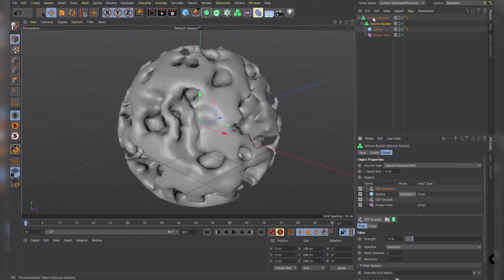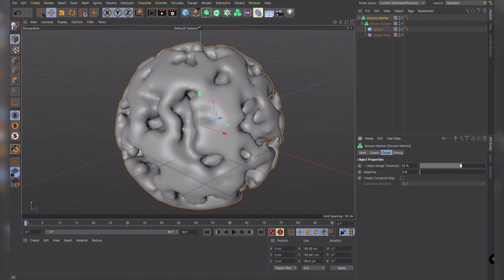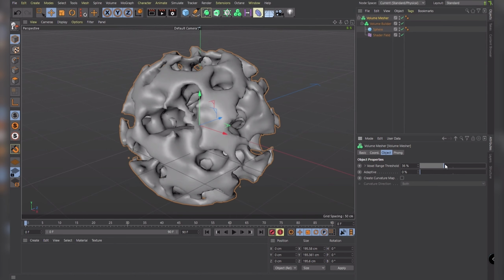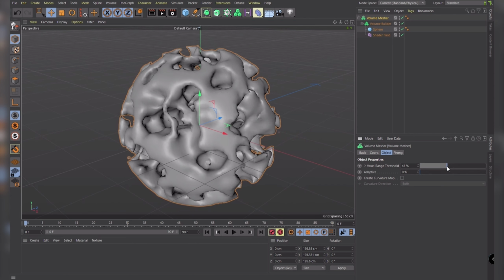But first let's go to this volume mesher, and we can play with this top slider, the voxel range threshold. And you can see that kind of defines how much of the sphere is being eroded or melting. So let's go with something like 40%. Okay, so this is still not smooth, but a little trick you can use, but which is also kind of